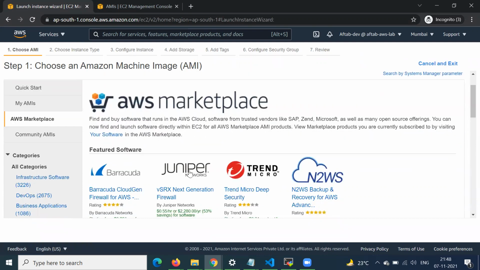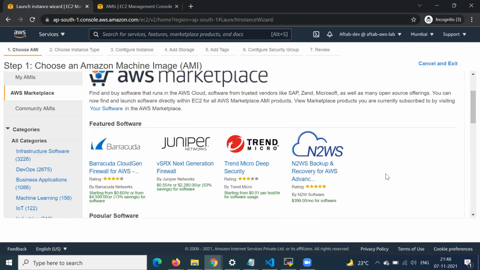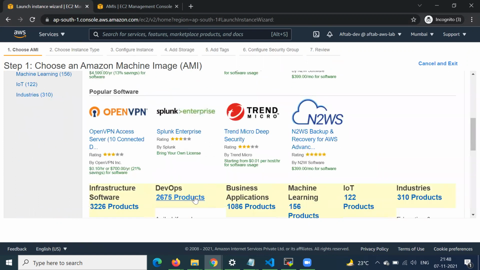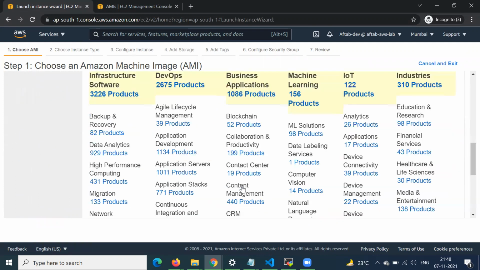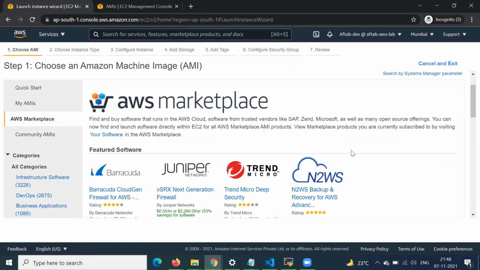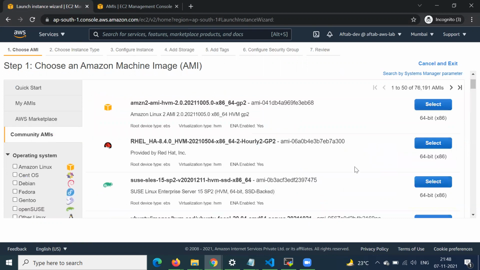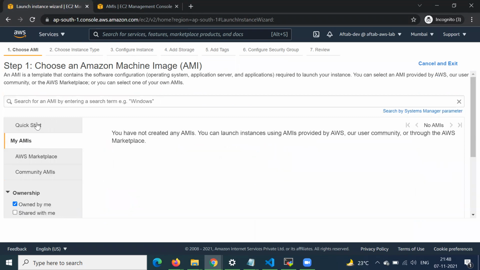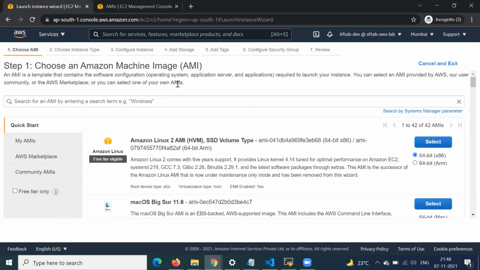These AMIs are created by some providers and vendors, and they are available in the AWS Marketplace. If anyone wants to select any of these images, they can use these AMIs to create their EC2 servers, right? And these are the community AMIs which are available. Most of the time we generally use the AMI provided by the AWS cloud provider only, right?